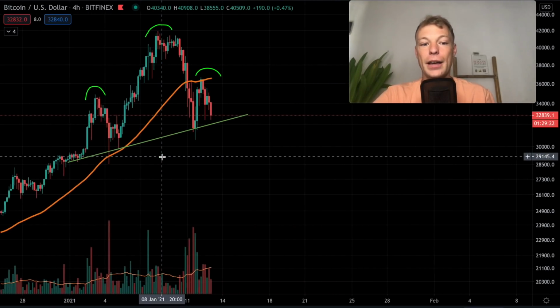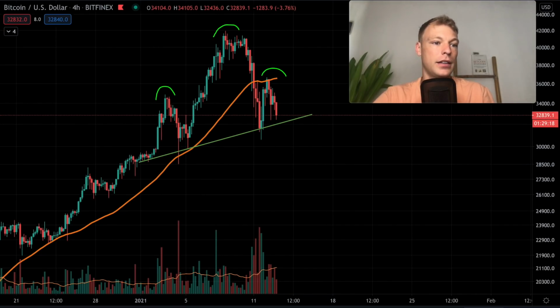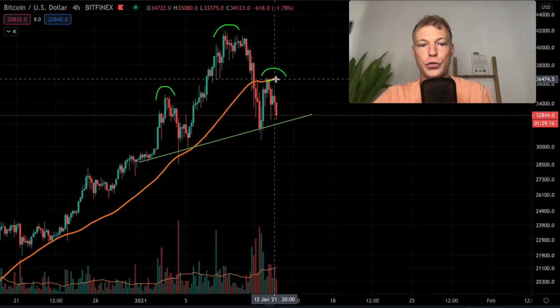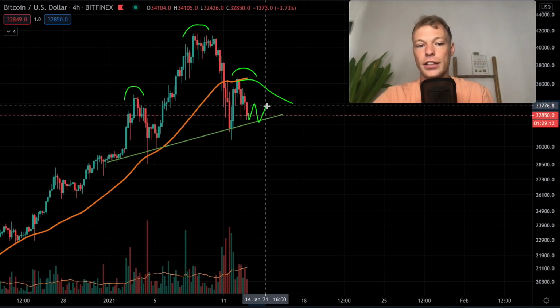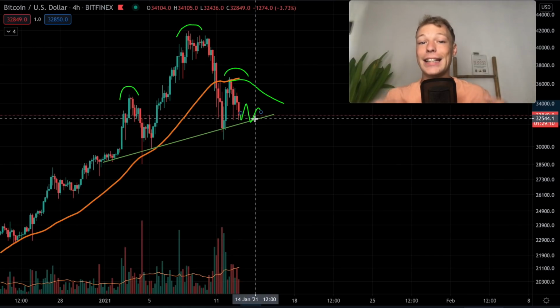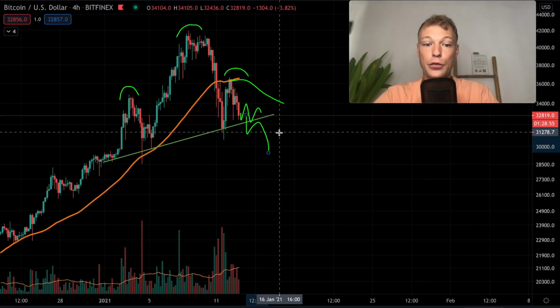Eventually Bitcoin will be getting squeezed between the neckline of the head and shoulders pattern and the 50 moving average on the 4 hour time frame, which is coming down, right? The price will most likely consolidate in this range and eventually needs to choose a direction. Either we're going to break above the 50 moving average on the 4 hour time frame, or we are going to break the neckline decisively to the downside and we can expect a further drop in